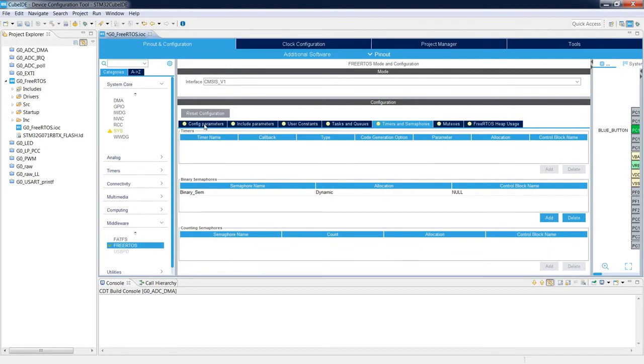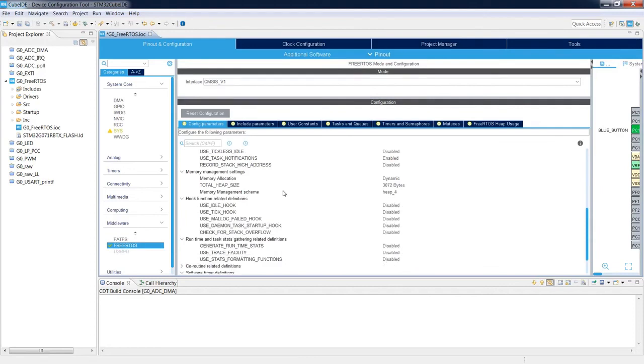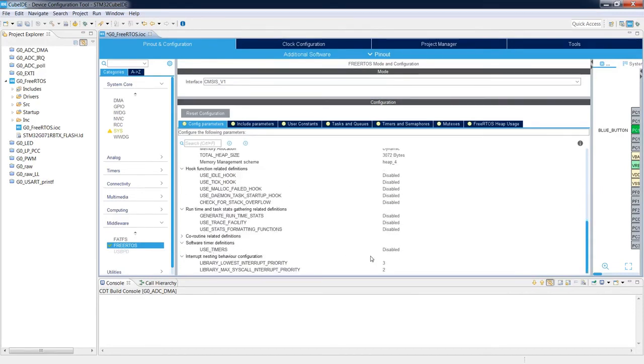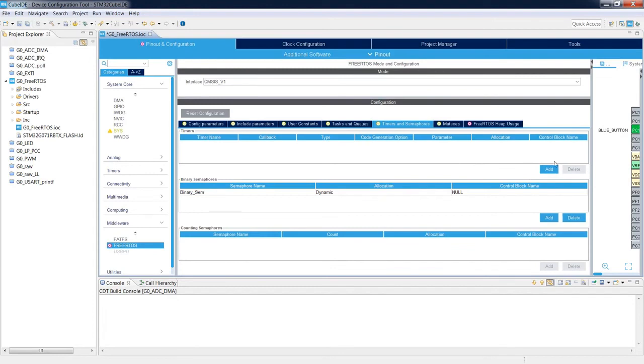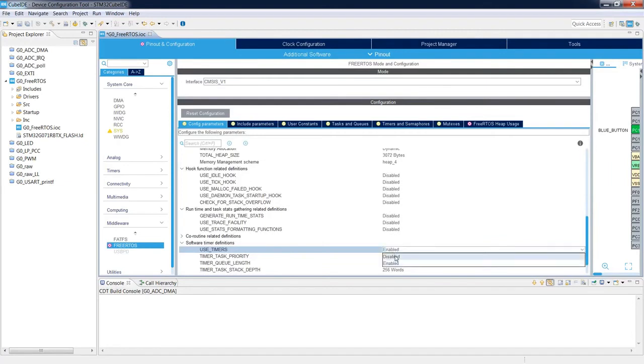If I come back to the config parameters and scroll down, and select use timers from disabled to enabled, and then come back to Timers and Semaphores, timers became accessible. Okay, let me change it to disabled again.